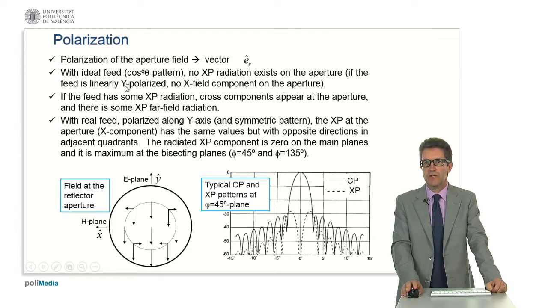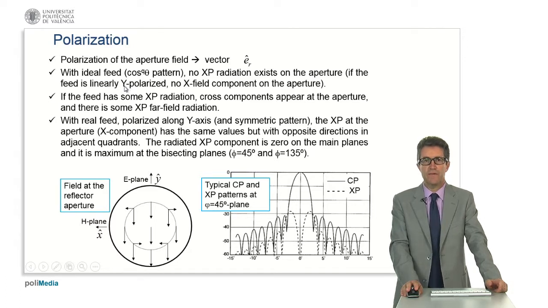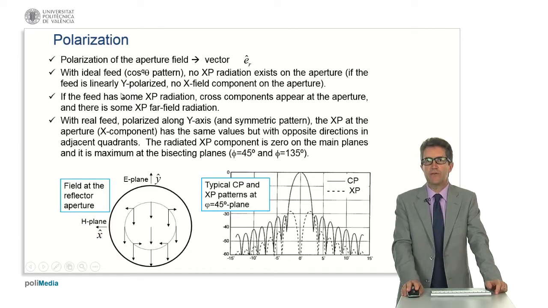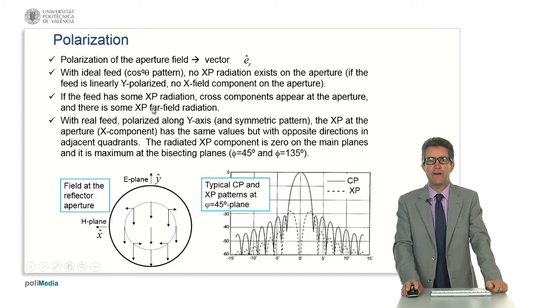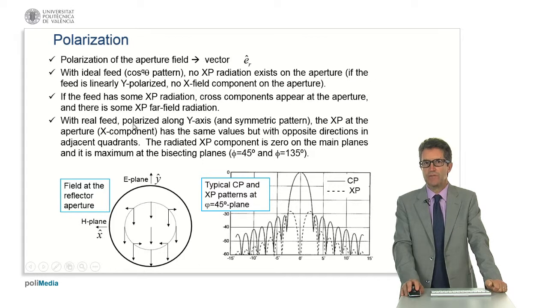And if the feed has some cross-polar radiation, the radiated fields also have cross-polar components in the far-field radiation. In fact, with a real feed, for example, polarized along the y-axis with a symmetric pattern, the cross-polar field at the aperture has the same values, but in opposite directions, in